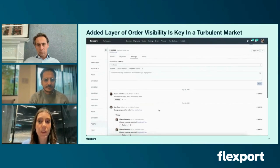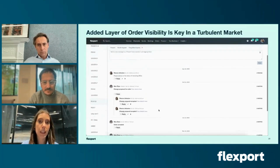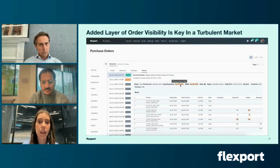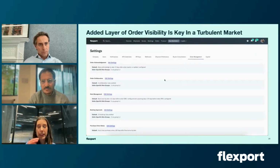One powerful tool I would say is real-time messaging. With so much uncertainty in global shipping, being able to message your suppliers instantly is a game changer. You can make changes, request holds, and all of those things will be tracked here, as you can see on the dates. Now, if we move on to the order management settings,